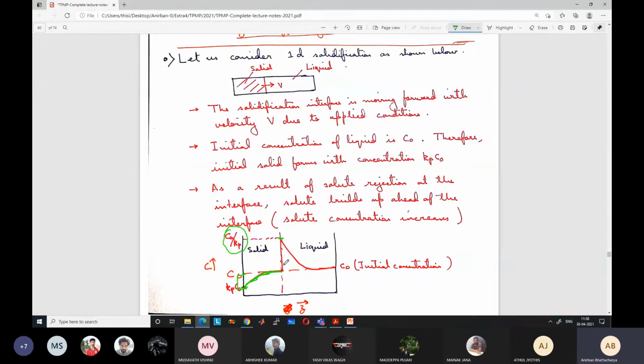So at steady state, what do we see? The concentration in the liquid is C0 by Kp just at the interface, but because there is limited diffusivity, the entire liquid is not at the same concentration. If it was infinite diffusivity, the entire liquid would have been at the same concentration. Because of limited diffusivity, a gradient of concentration is set up. It is like a temperature gradient. If I have a hot boundary here, the temperature will be very high here and it will go down like this, and far away the temperature will be equal to the temperature of the cold boundary. Same thing happens in the concentration also. Here the concentration is C0 by Kp, and the far away concentration remains as C0, the initial concentration.